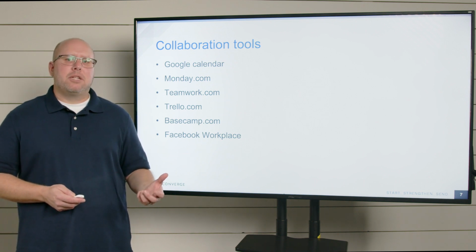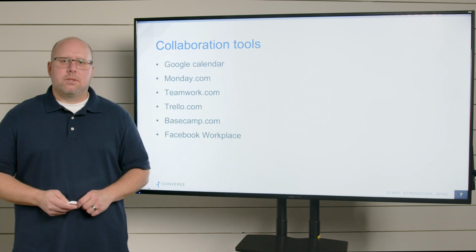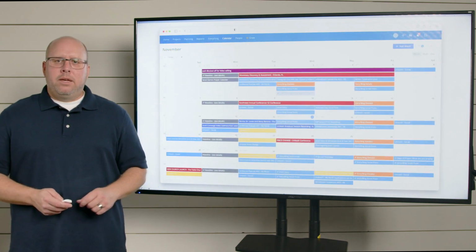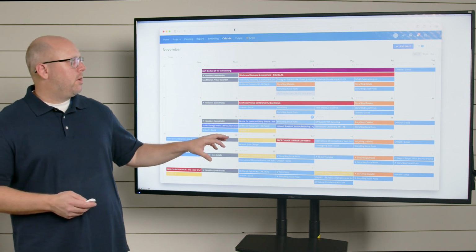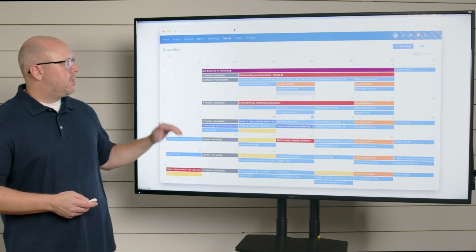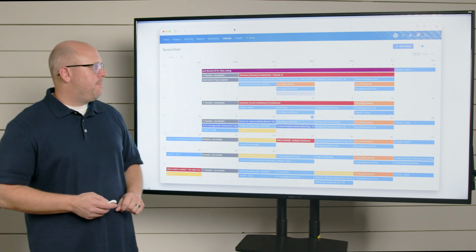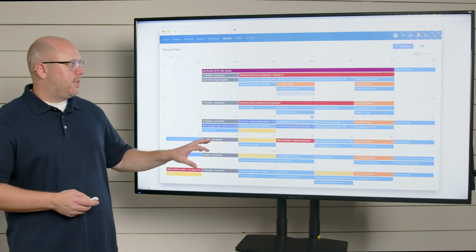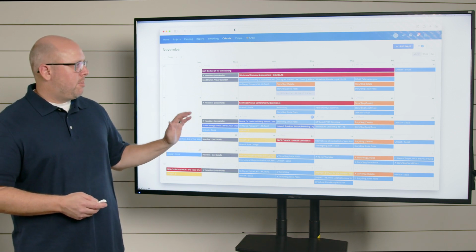I haven't used that too much just because we use some of the other tools, but I've heard that that's a great tool also. So what you're seeing here on screen, that is a calendaring tool from Teamwork. And so you can see this looks like a calendar. In this example, we're in November. And so again, this is what my team uses, and it's a great tool to just be able to organize